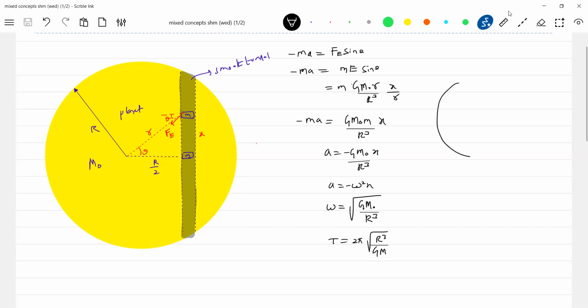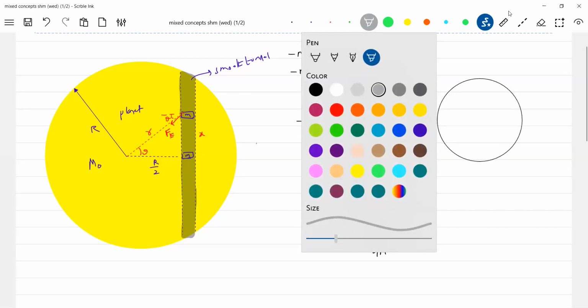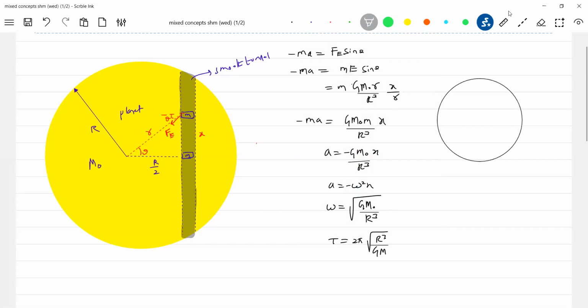You do get some questions where it will be like this, and if a chord is there, what about the time period of oscillations in both the chords? In both the chords, the time period of oscillations will be same. You see, location of chord does not matter. So either you displace the particle in this chord or in this chord, it is going to have the same time period.